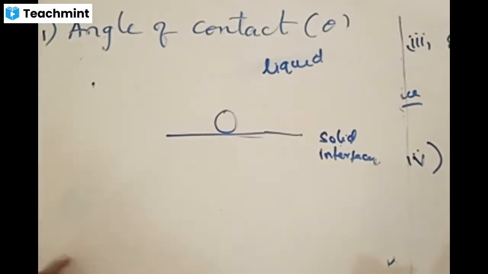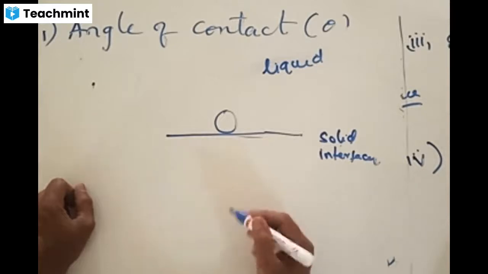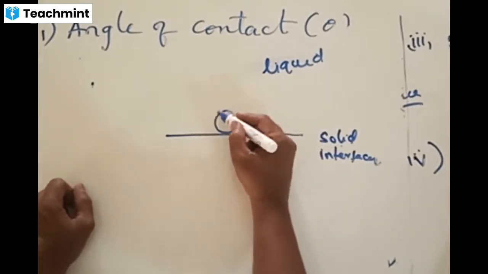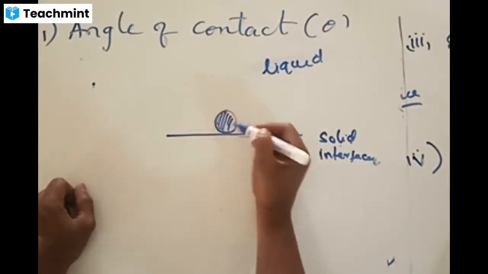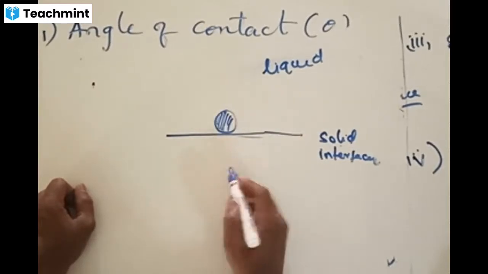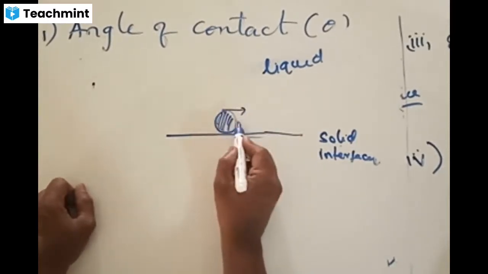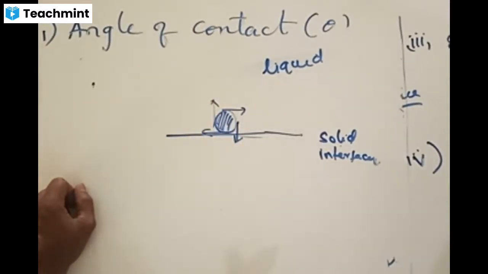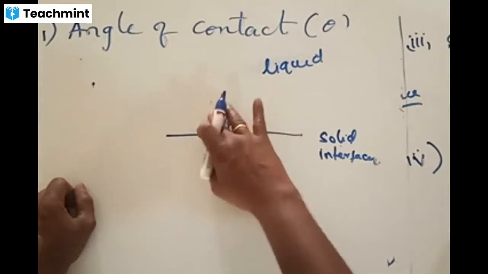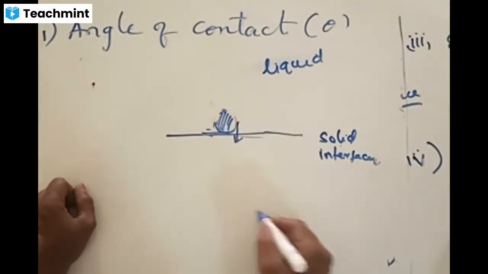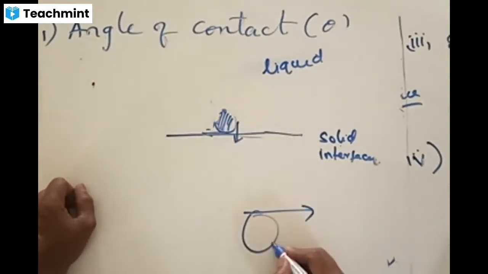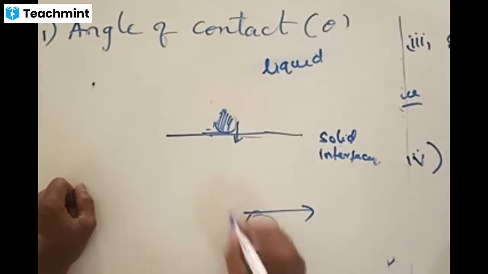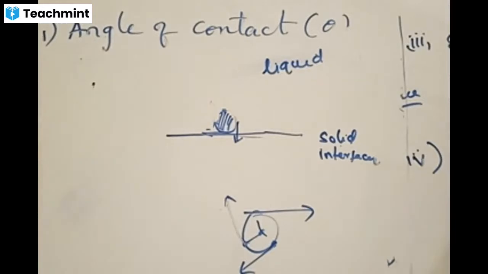Angle of contact is defined as the angle made by the tangent drawn on the liquid surface. This is a liquid surface, right? What is the tangent drawn on the liquid surface? Tangential means it has to be perpendicular like this, to the center. It could be arrows, could be any direction. Now, tangential means a line to this. Where is the tangent here? Like this. To the center it is perpendicular.